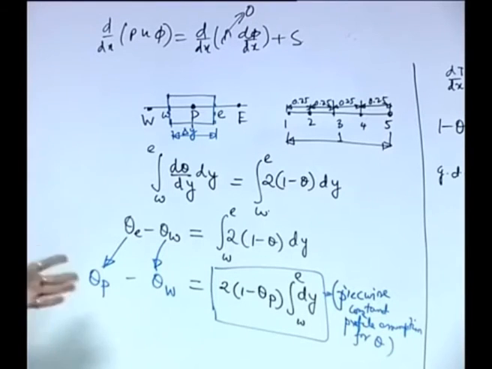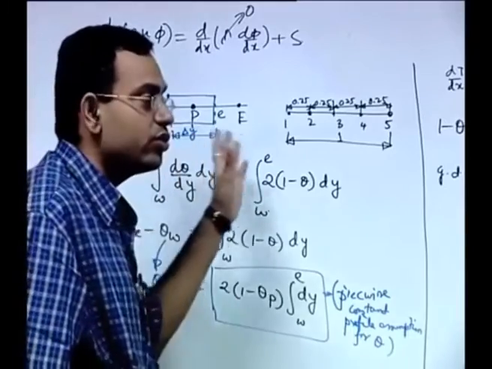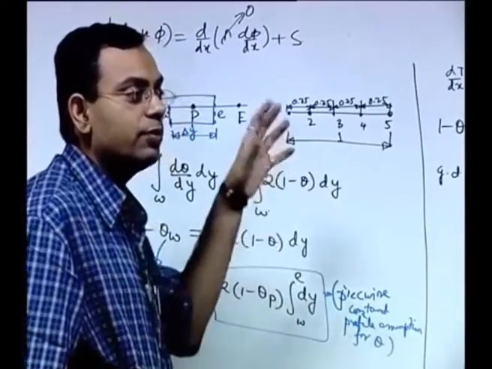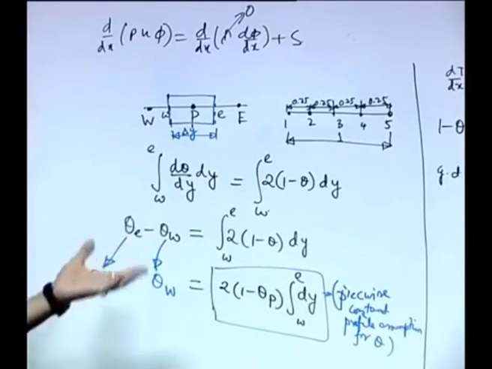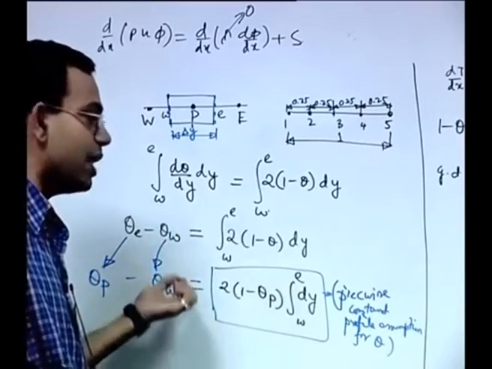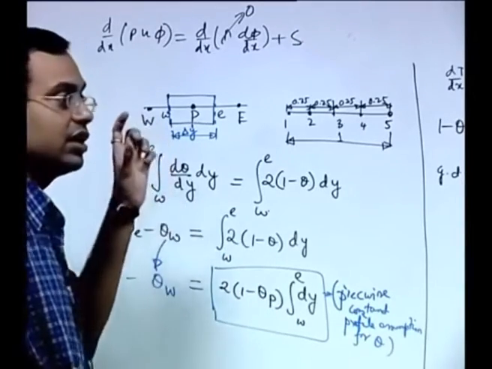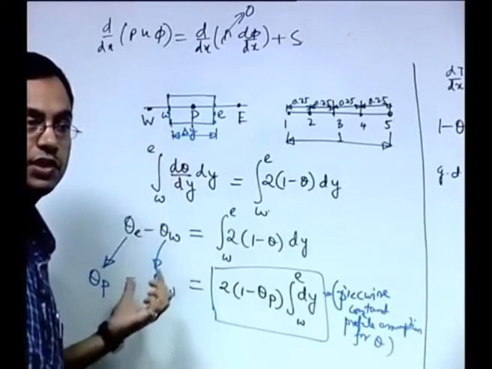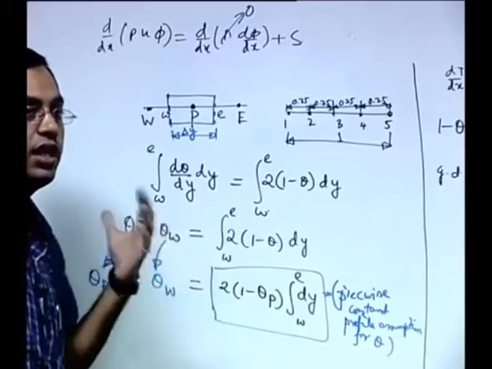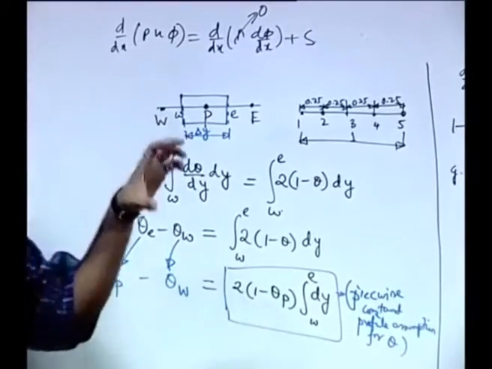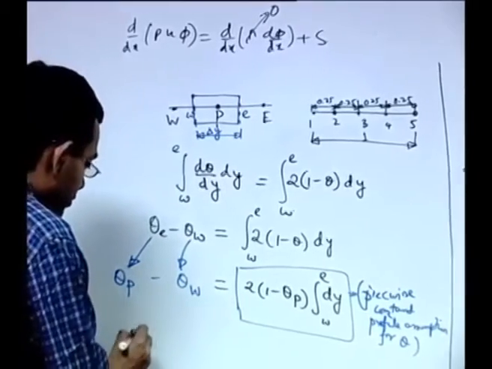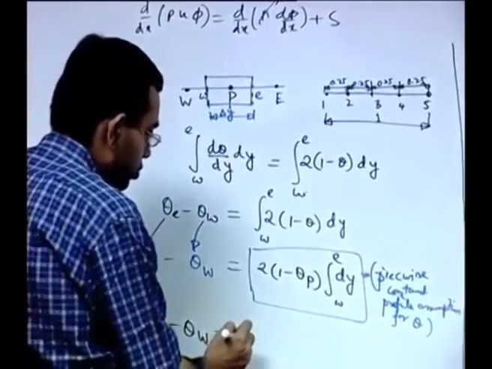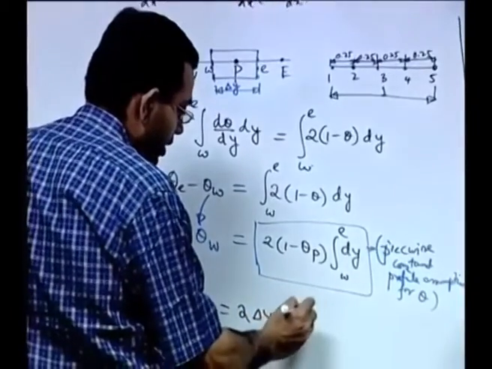Okay. So, if such problems are there, do not always try to have a formula based solution of the problem, think of max, what you will write and all those things. Those are for formal statement of the algorithms, but when you are solving this problem by manual calculations, you can use your basic understanding of what the upwind scheme is to substitute the corresponding values. So, this reveals that you really understand what the upwind scheme is rather than just remembering the formula for the upwind scheme. So, when you write it in this way, you have theta p minus theta w is equal to 2 into delta y into 1 minus theta p.